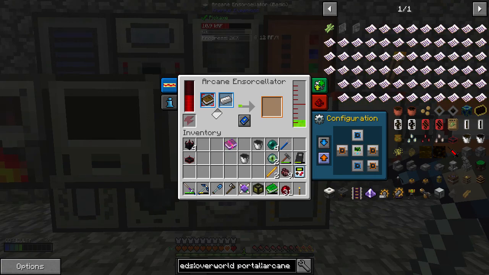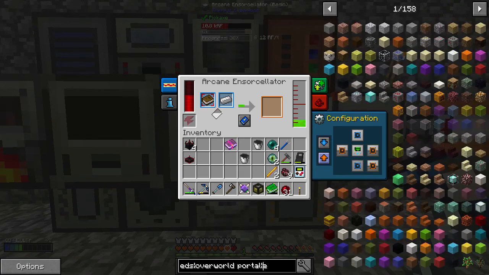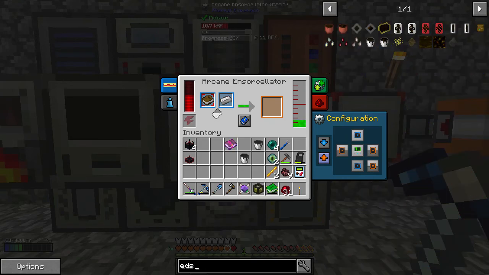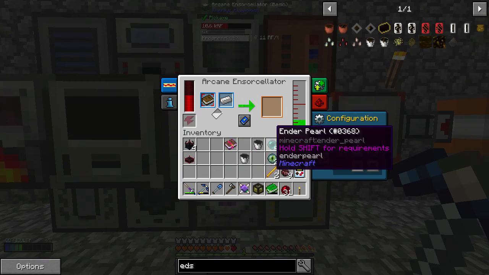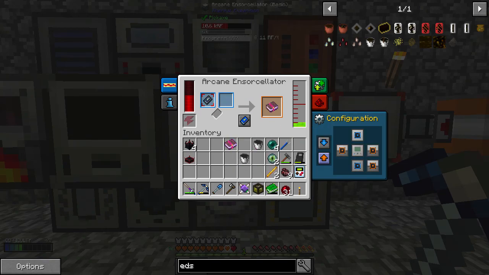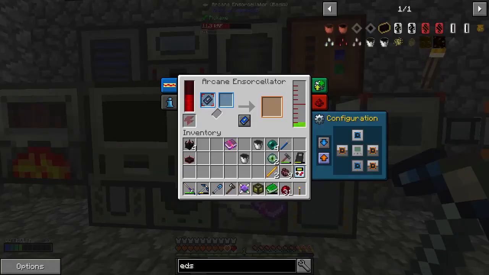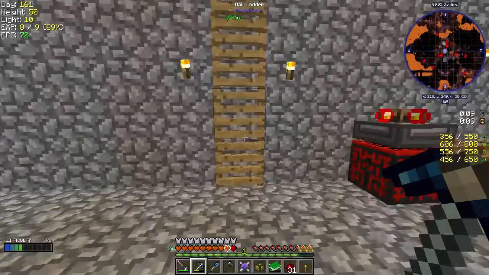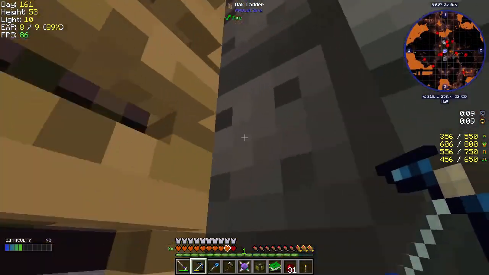And then once we have, so we don't need to worry about that anymore. I don't even think we need to worry about any of this stuff. For now anyways. So here's the thing. Once we make, lag spike. Once we make the, that was a bad one. Alright, there it is. Once we make the portal and actually activate the portal, we're going to run into a